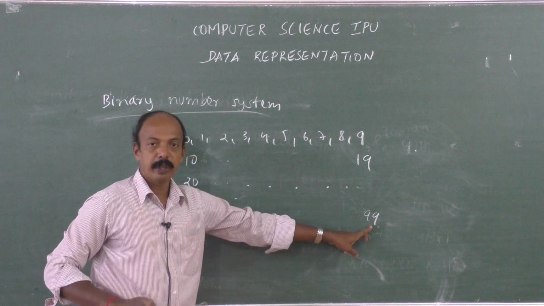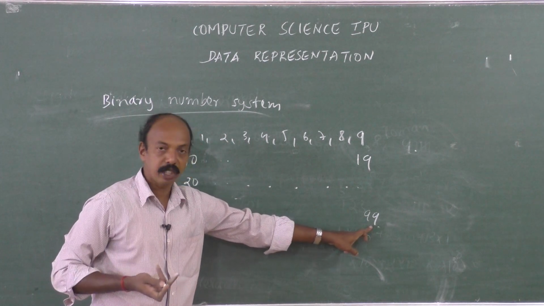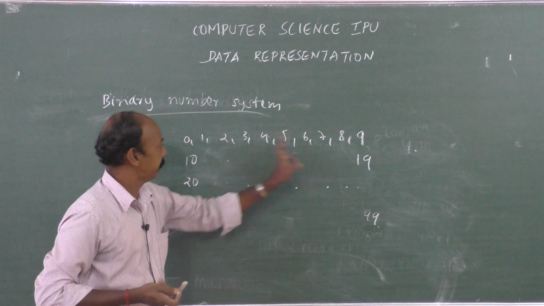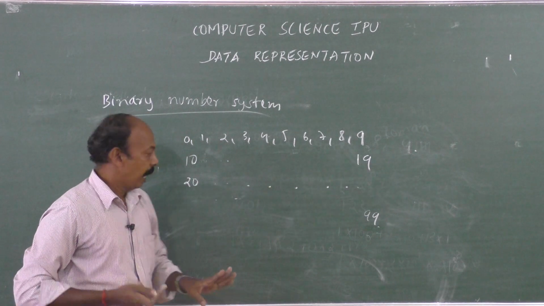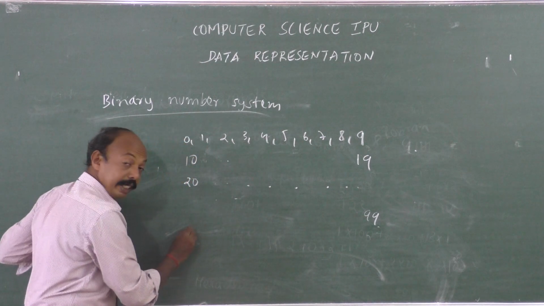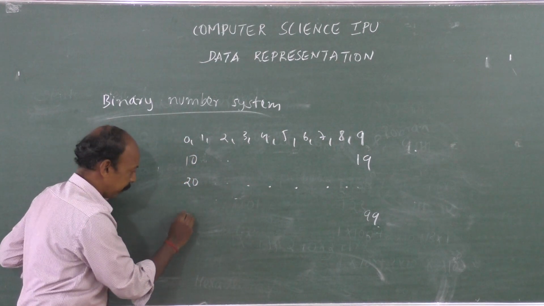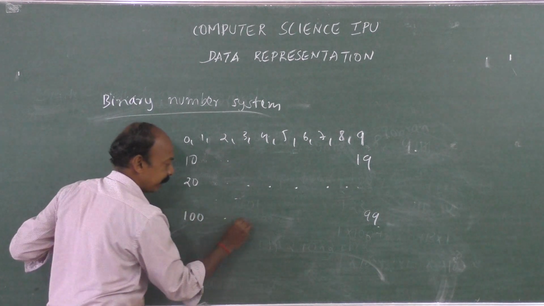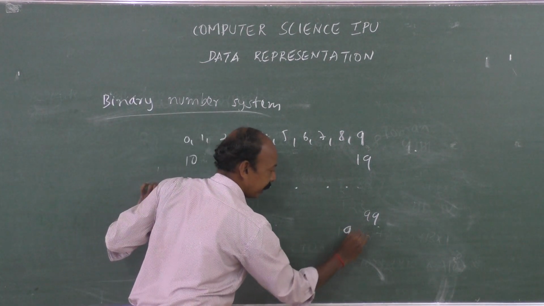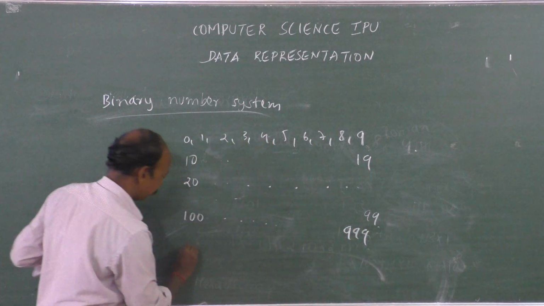After 99, we don't have any other combination of number with respect to two symbols. After this, we need to take one more symbol, so it becomes 100. Like this it goes up to 999, then it becomes 1000,